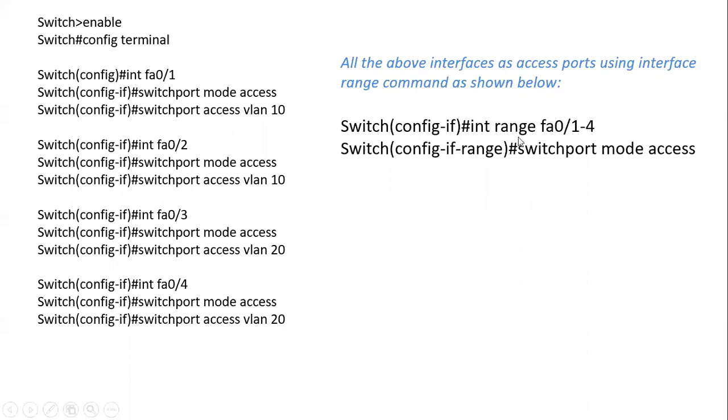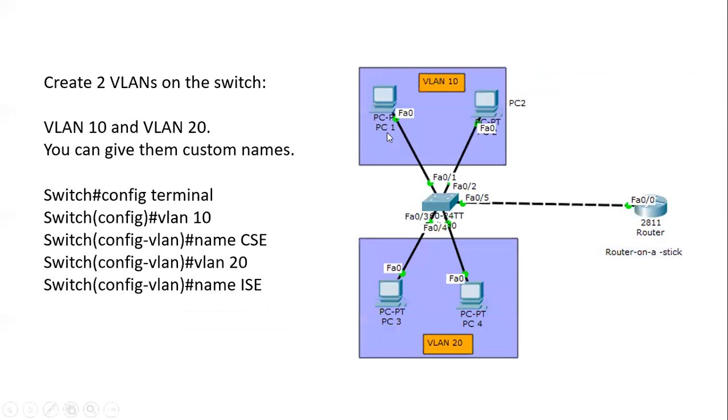First, we'll configure all the range between all the interfaces as mode access link, and then you can go to the particular interface and assign the VLAN ID, which indicates which interface belongs to which VLAN. Once these links are assigned which VLAN they belong to, the switch will just forward the packets. If the packet is in VLAN 10, it will broadcast to that VLAN 10. So any packet coming from this PC will just be broadcast to this one, not to the other VLAN.